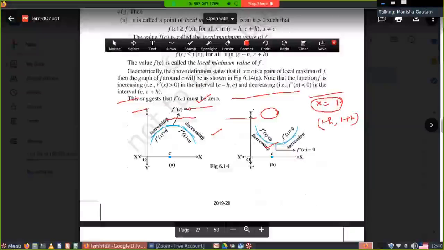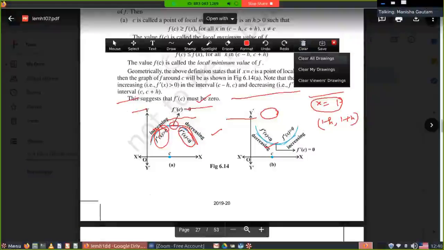What's the meaning of these graphs? If we're talking about this, you can see here this increasing function. At this point, the critical point, you reached, and then it is a decreasing function. As we have studied already, for an increasing function the derivative of the function is greater than 0, and when the graph is decreasing, the derivative of the function is less than 0 at that point. The same is given here in the next graph also.